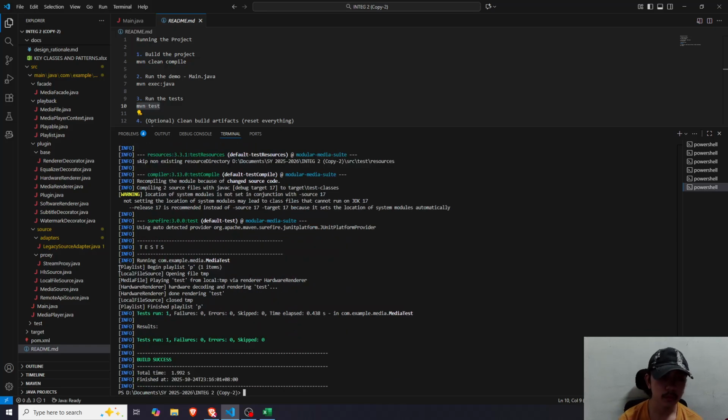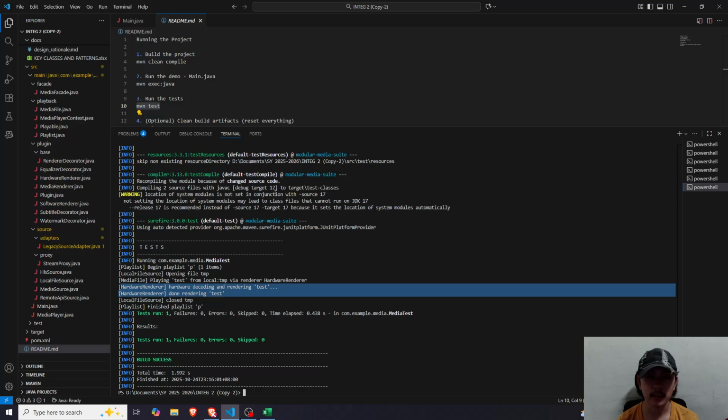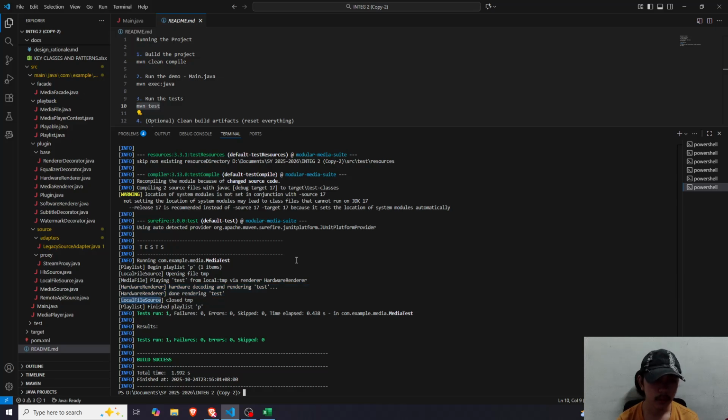Okay, so we have here the clear and concise output of our project. We have the begin playlist, and then it checks which source, then the file, playing the file, then which renderer. By default we have the hardware renderer, and then the file source closed, then the playlist is finished.